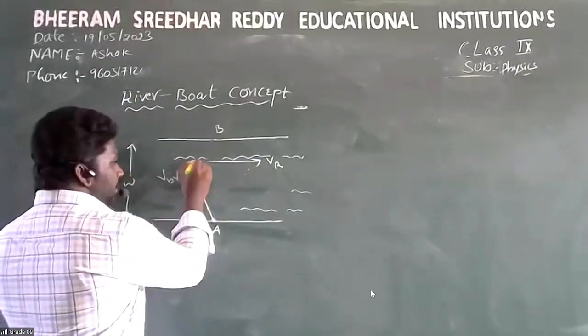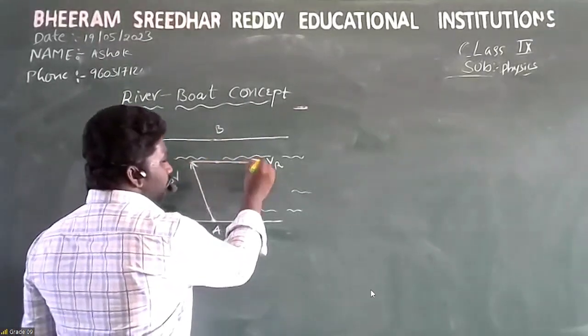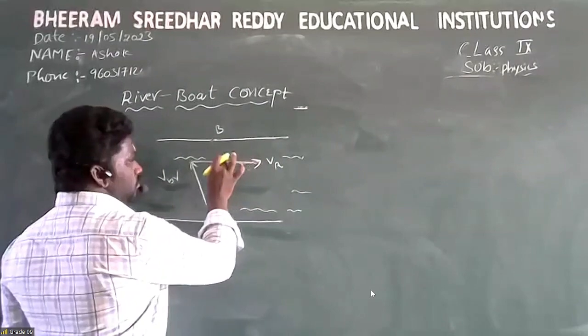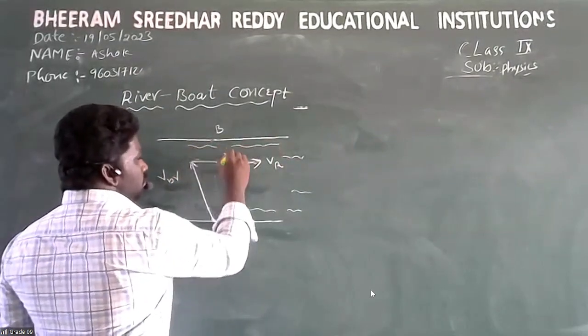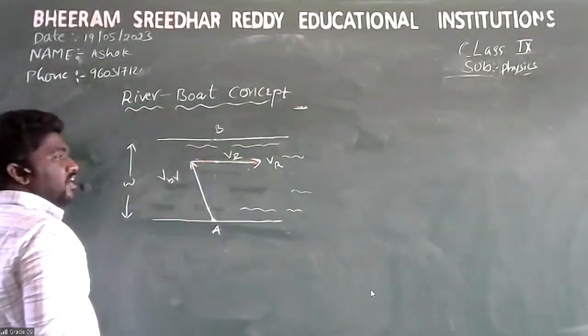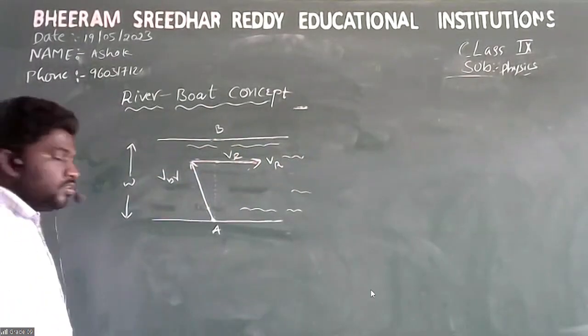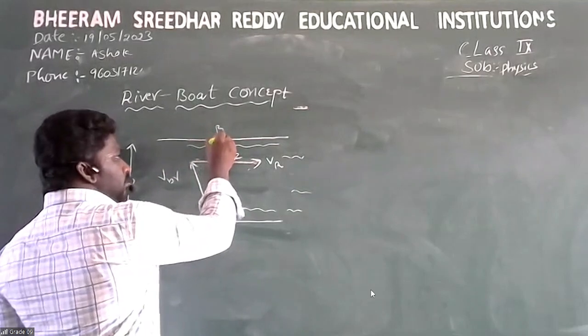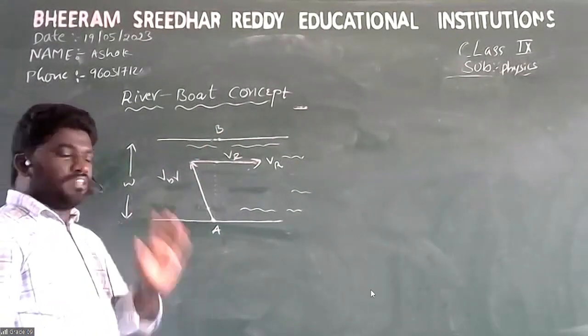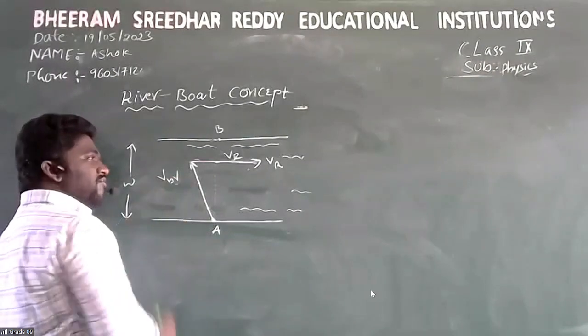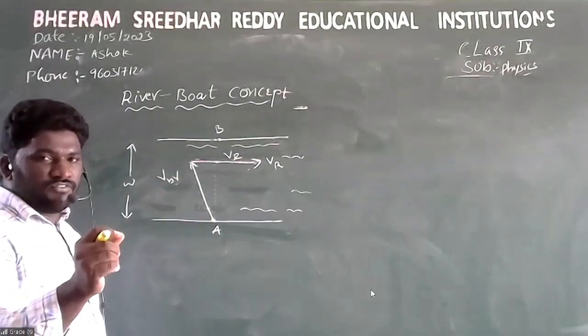It is the direction of the velocity of the river. To reach point B, we have to steer the boat in this direction, VBR,